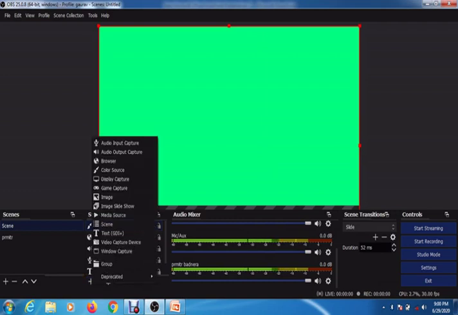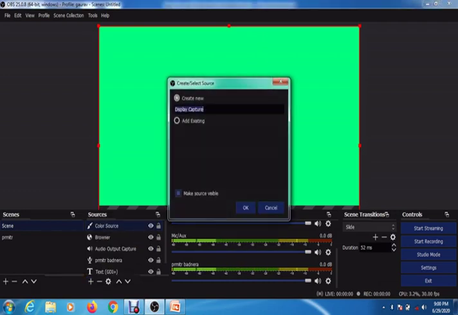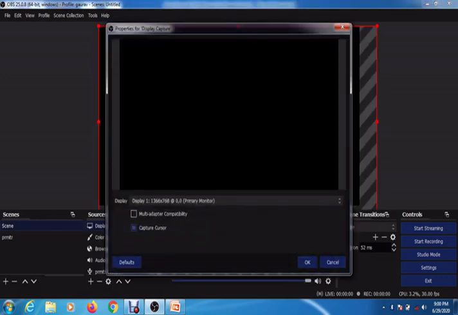Now we are moving on to the next one. The next is the display capture. Now again the same thing, display capture. If you are clicking on this, what is the purpose of the display capture? This display capture captures your monitor. So the complete monitor is being captured by OBS Studio with the help of that display capture.